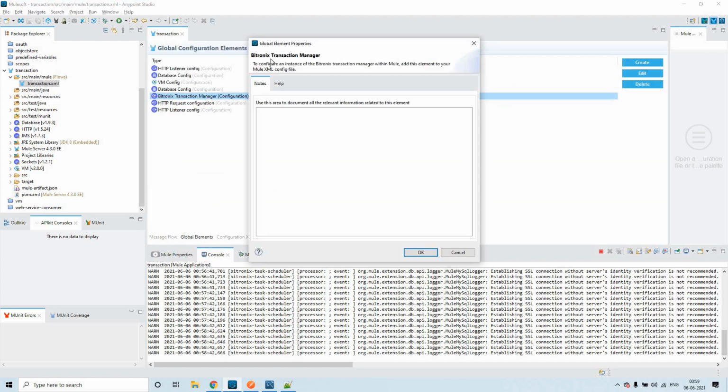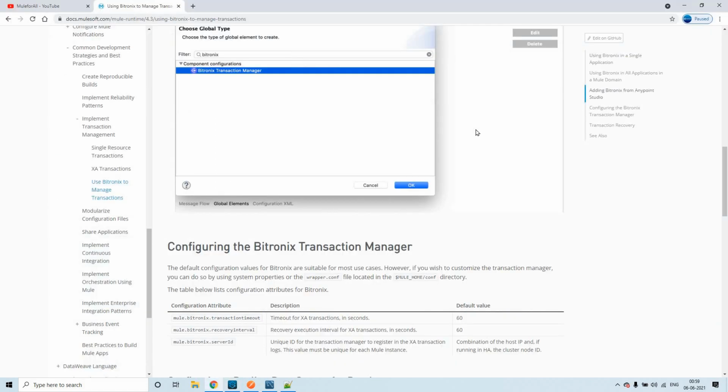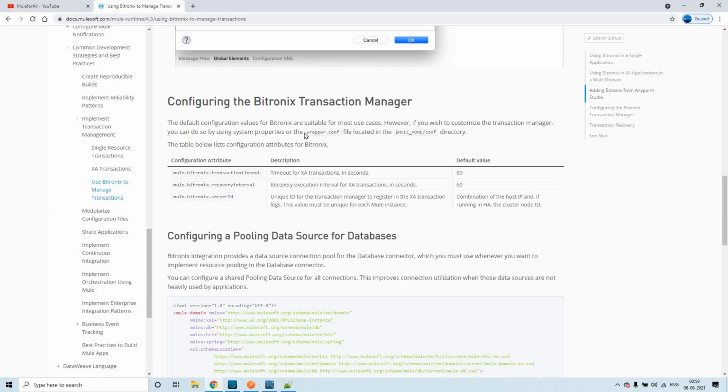If you click on edit, there is nothing here to configure. Still, this can be customized in the wrapper.conf file in this path, at the server level, or even locally. But as mentioned in the documentation, 99% of the time we need not modify this.